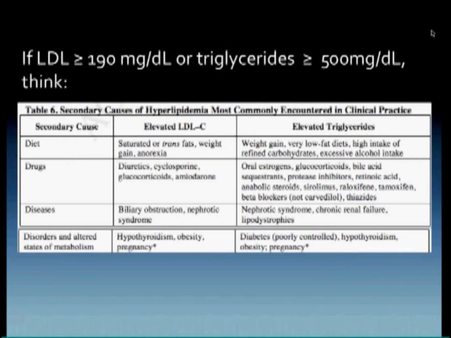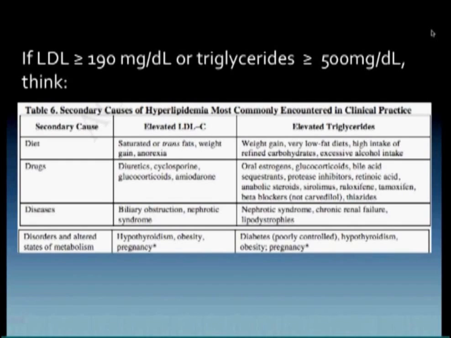So basically, when you check the baseline lipid level, if you find that the LDL is greater than 190 or triglycerides are greater than 500, you want to think of other secondary causes of hyperlipidemia, of which there are many. I won't reference all the ones in this table, but this just goes to show there's a lot of those. And these are usually modifiable, or at least somewhat modifiable problems. So you want to address those